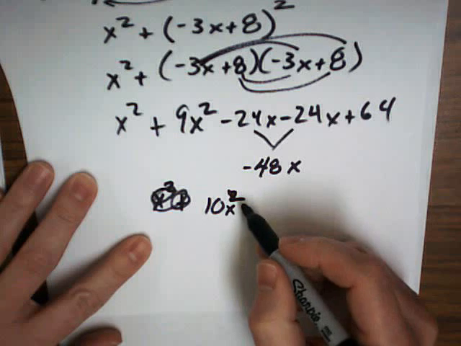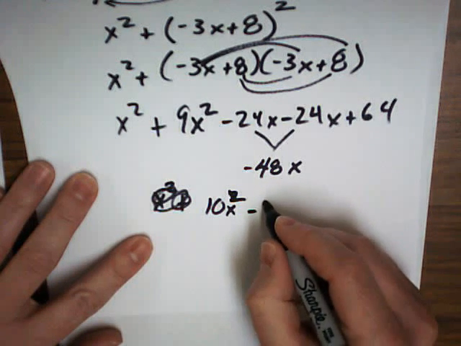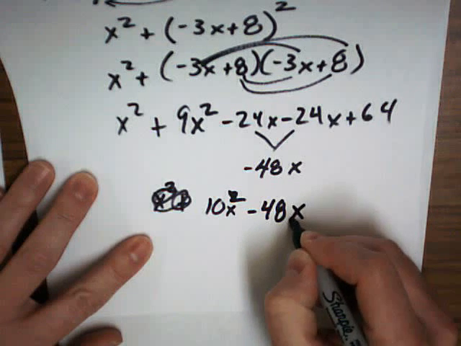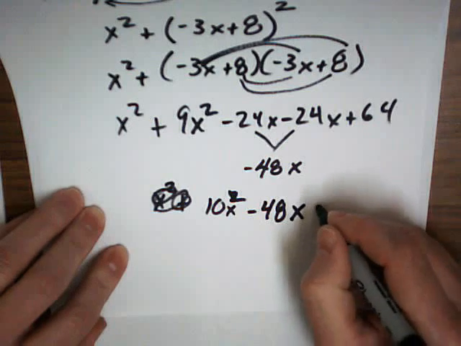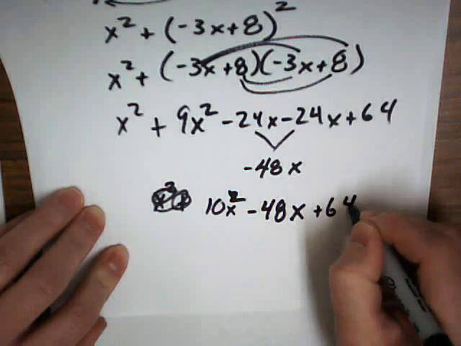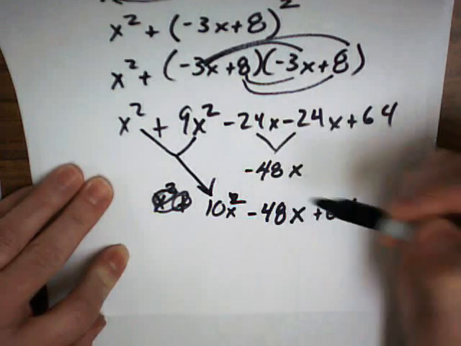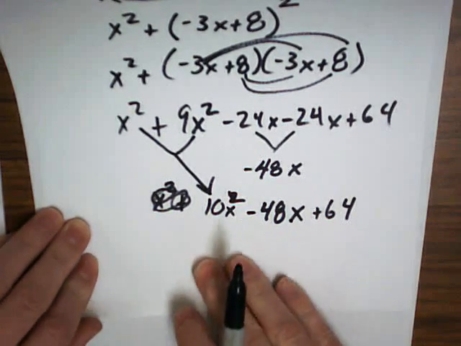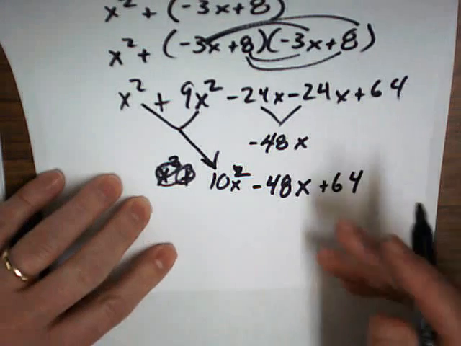Can you read that too? Oh well, that's a 2. And then minus 48x. What? What happened? Yeah, these two dudes right here. Yeah, these two dudes went together and gave you 10. Okay, good. I'm glad you asked. We're getting better at this communication